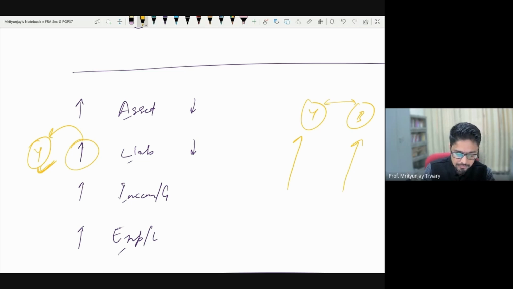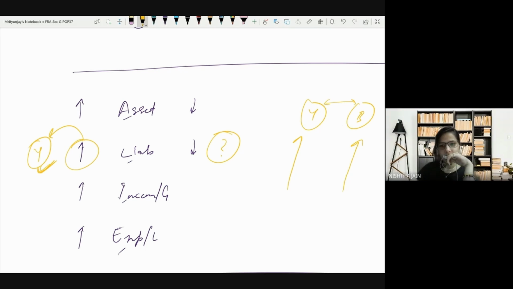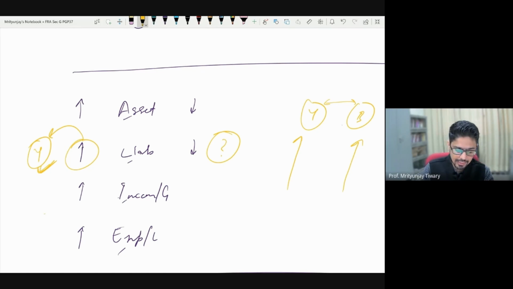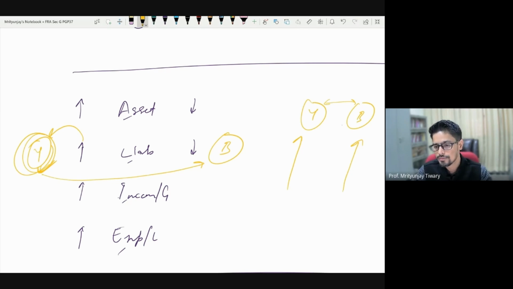Now, you guys tell me, if this yellow, increase in a liability, was called yellow, what code should I assign to reduction in a liability? Should I assign it the same code or the opposite code? Opposite. Everybody sees that increase in a liability and reduction are opposite of each other. If increase is called yellow, then reduction should be given an opposite name. So I will give this code blue.